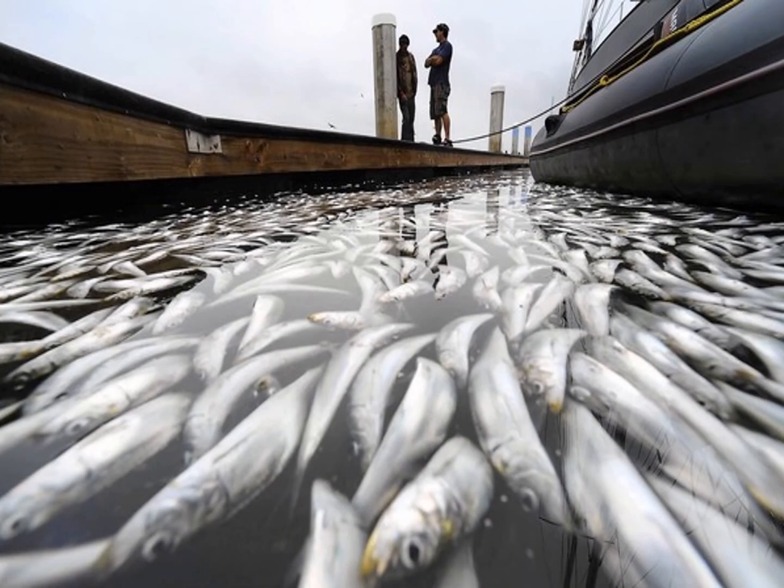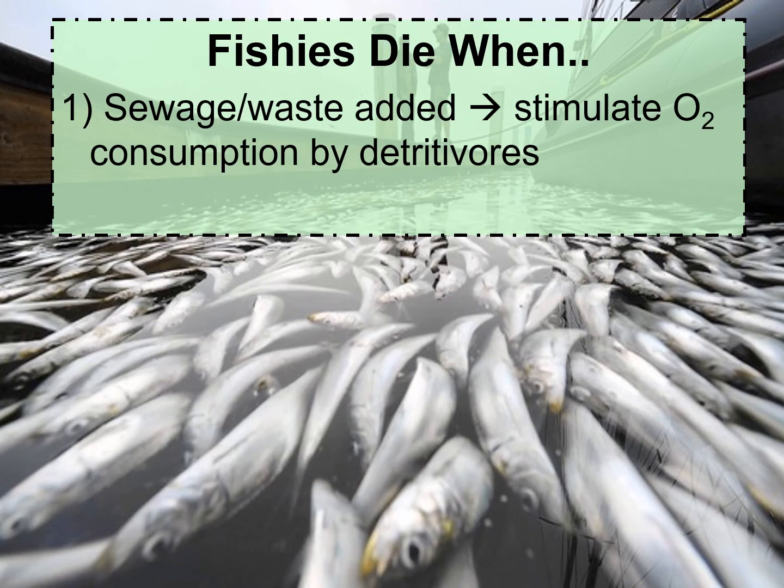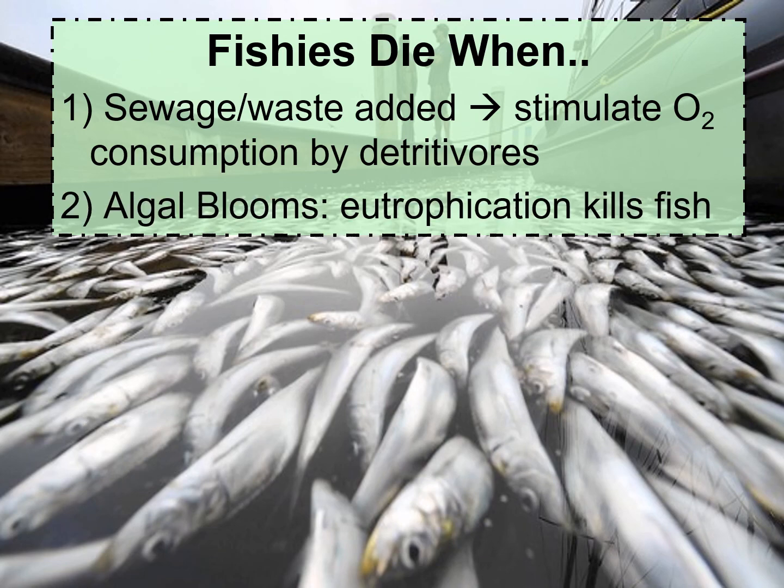And lastly, if you ever see this in a waterway, it's most likely polluted and it should be monitored. And so keep in mind when you have massive fish kills like this, number one, it could be because sewage or waste was being added to that waterway that stimulated oxygen consumption by the detritivores and pretty much robbed the waterway of oxygen. Or nitrates and phosphates and different types of detergents and fertilizers could be added to that water,